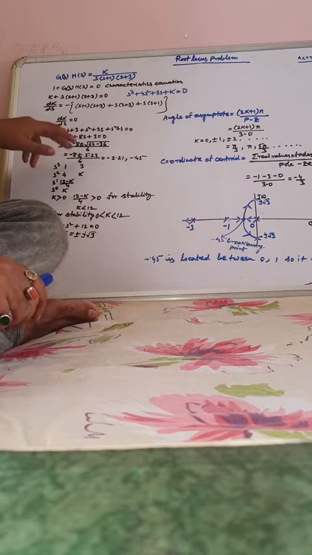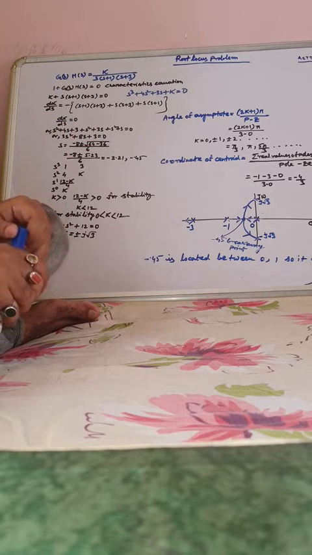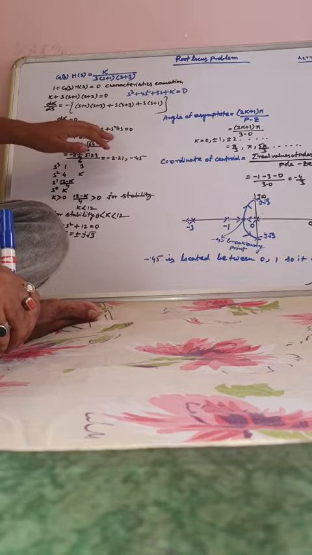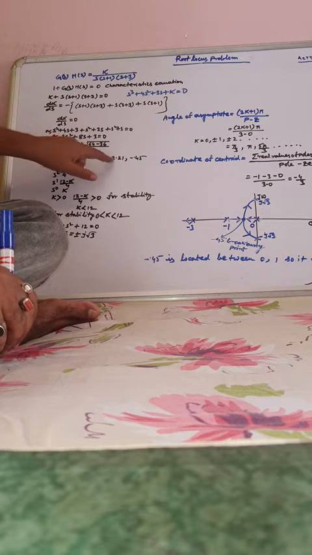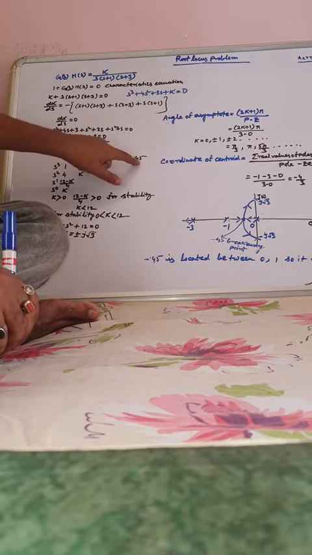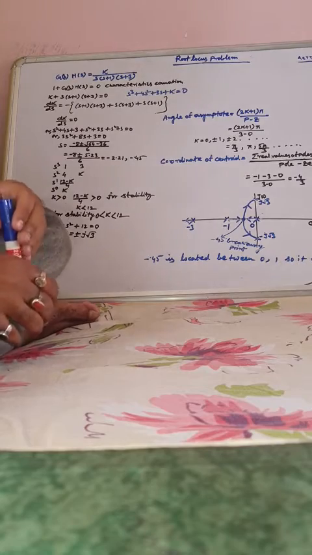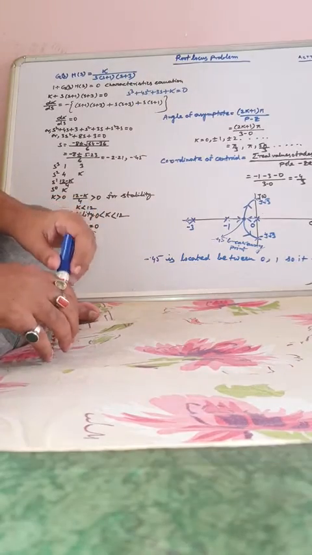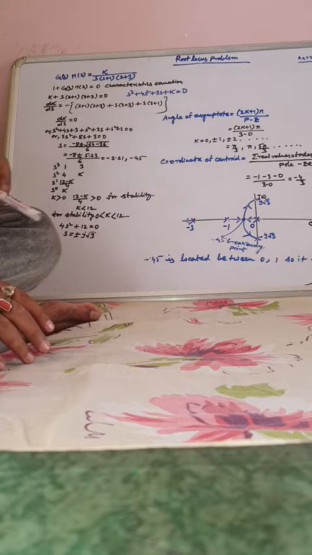So s will be minus 8 plus minus root of 64 minus 36, by 6. So minus 8 plus minus root of 28, which is 5.29, by 6. It will give you 2 points, minus 2.21 and minus 0.45. Now from these 2 points, which one will be called the breakaway point, we will discuss later. One by one, now we will solve the stability condition using the Routh-Hurwitz criterion.